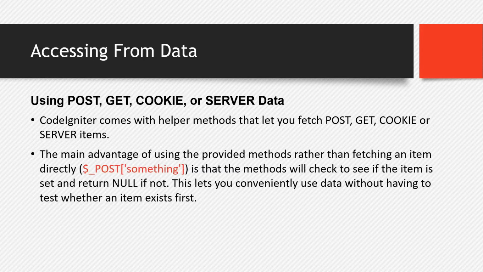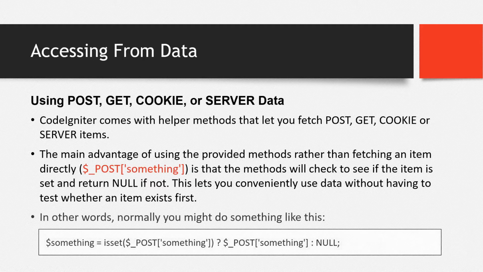Okay, so the main advantage of using the provided methods rather than fetching an item directly using this one, yung $_post, then the input name, is that the method will check to see if the item is set and return null if not. This lets you conveniently use data without having to test whether an item exists first, which is